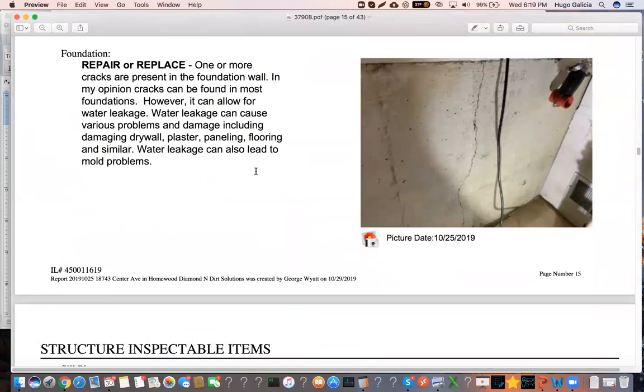And remember that we showed you the crack on the outside of the house. This is the crack on the inside. Very small crack. Now, if there was water leaking or some type of residue that it was moist or something, then I would recommend that crack be fixed. But even if it was leaking, a crack like this would probably cost you anywhere from $350 to $500 to have it fixed. What they do is they drill holes into the concrete and pump it with the